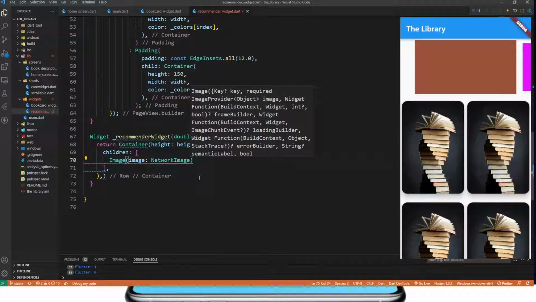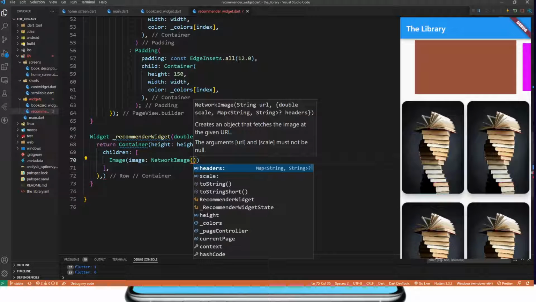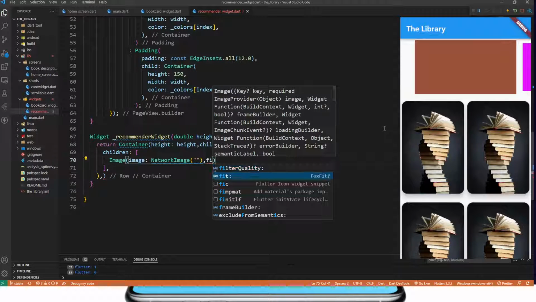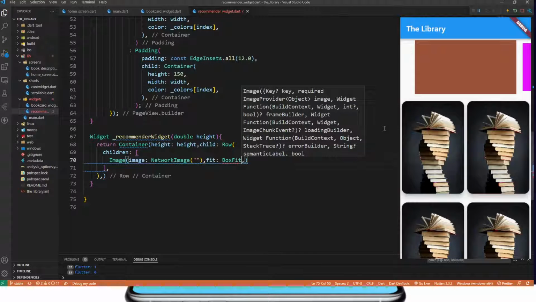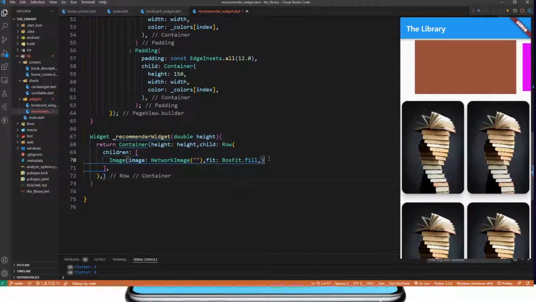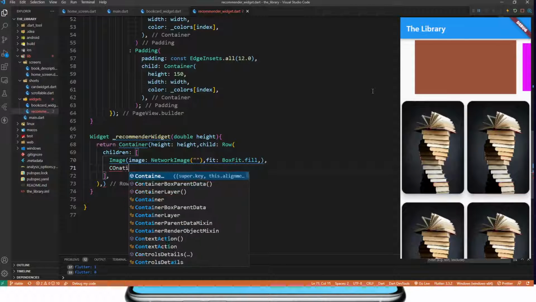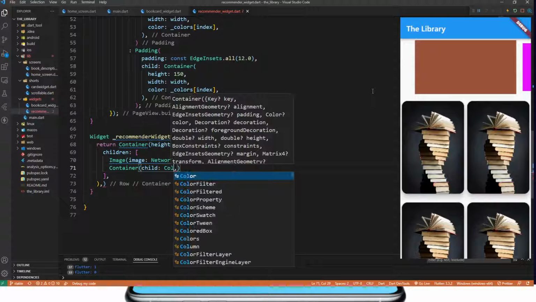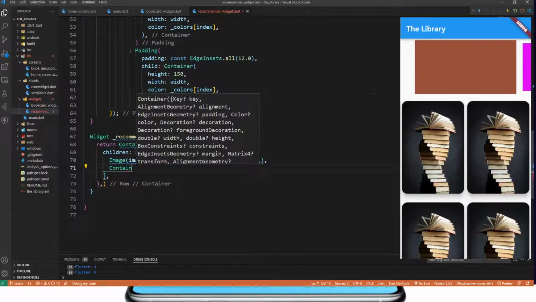We'll be using the same network image as we are doing for this. We'll be changing it later on, but for now let's use this. So we'll put the URL here, and we'll use BoxFit.fill. Okay, so this will be the image, and in the row there should be one more widget that should contain all the description. For that we'll create one more container,